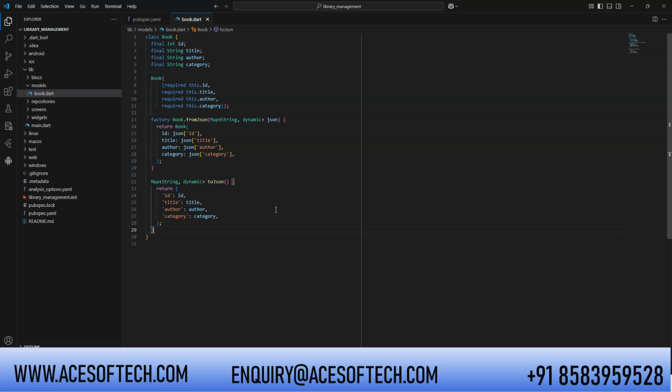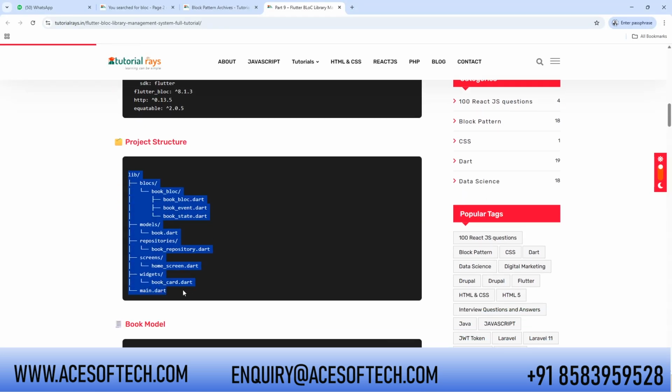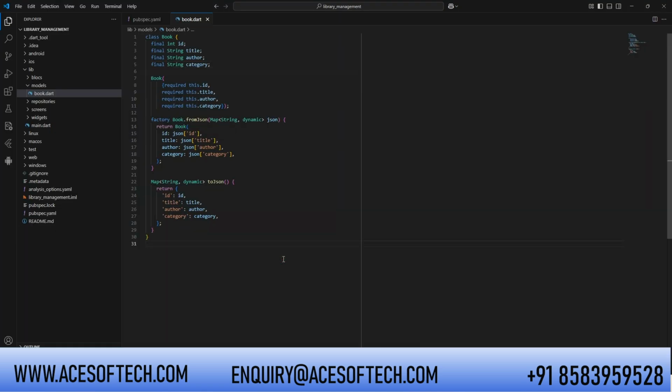Okay, so this is our model class. We have created this model, so let me explain what this is. These are the directory structure that we have created here. In case I missed something in the video, I paused it this way. Now in this model we have created these fields: ID, title, author and category, and then this is the constructor, and this is fromJson. That means what? fromJson means